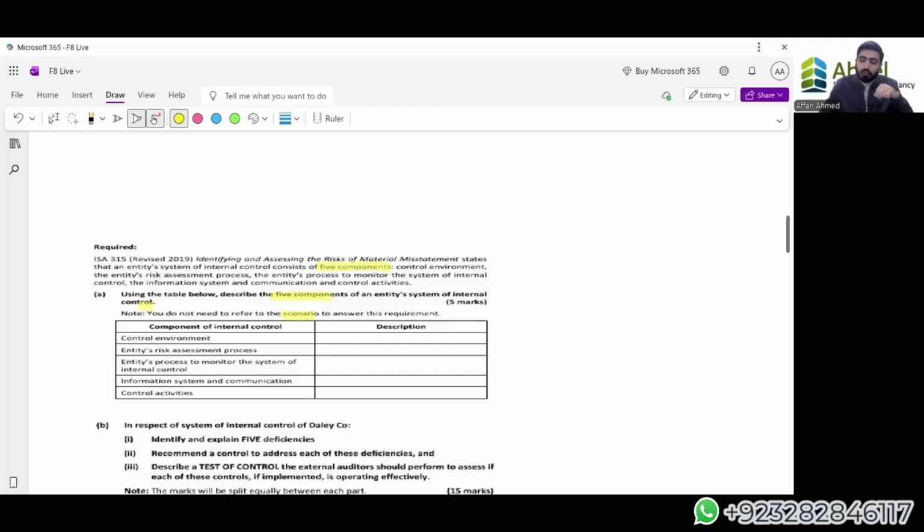Now, first, what is control environment? When we talk about control environment, what are we talking about? Control environment basically tells us the system that the company is operating in. Okay, environment doesn't mean how the boss deals with the employee. It specifically doesn't mean that. Environment means what is the corporate governance system in the organization. Are there hierarchies present or not? What is the attitude towards risk in the company? What is the attitude toward controls and deficiencies in the company?